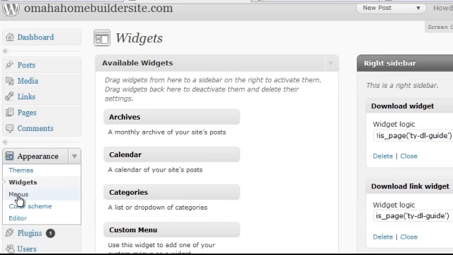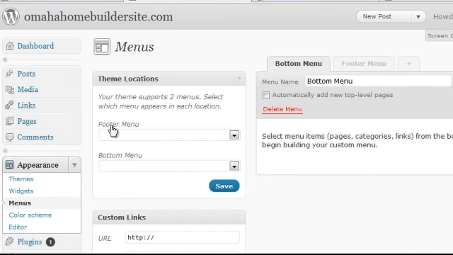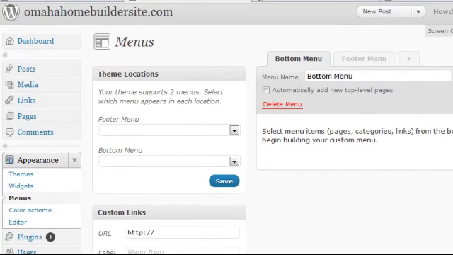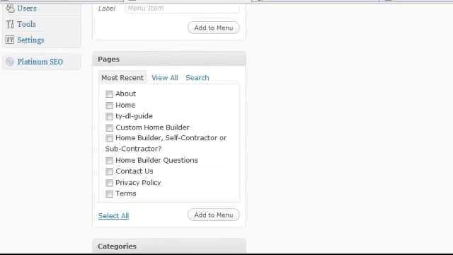Okay, the next thing we need to do is go back over to the Appearance tab and click on Menus. And we have two menus here that we need to create. Okay, the bottom menu, what you want to do with that is the articles. So custom home builder, self-contractor or subcontractor, and then home builder questions. And then you simply click add to menu there